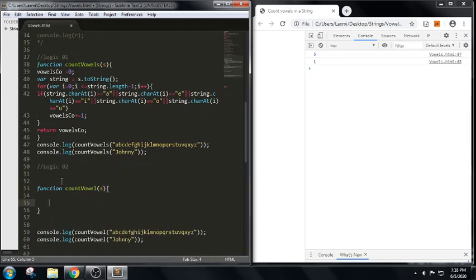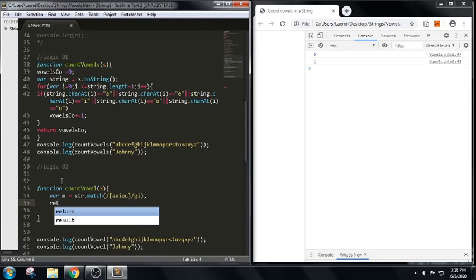So if you can see in this, we are trying to write variable m equals to str dot match. So match will try to check with the values. So here we have the brackets a e i o u. It means whenever if we don't place cap symbol, it should be able to match a e i o u. G indicates global match, i indicates case insensitive, and semicolon. So if you can see here, we have variable m equal to str dot match. So it will try to compare with a e i o u, g for global, i for case insensitive. In this I am trying to take a return statement.